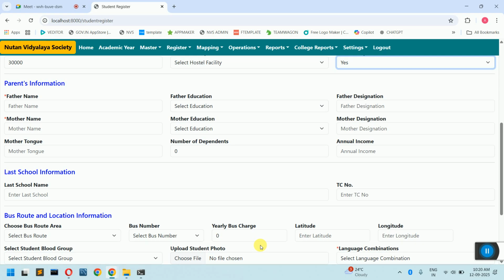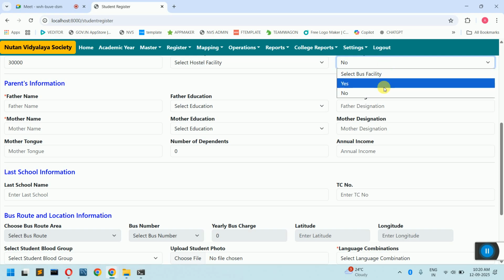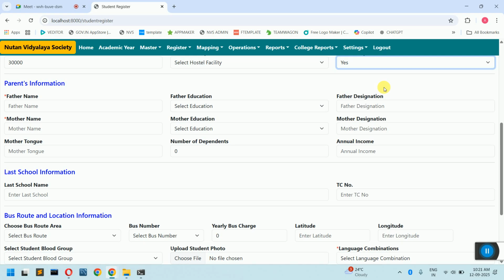So I've used JavaScript here, and based on it, I can enable or disable. Once I click no, it will again put it into disabled state. This is done through JavaScript. Whatever has been taught here is something which you use in live projects. Now, when I click on the bus facility, what we are going to learn in today's class is